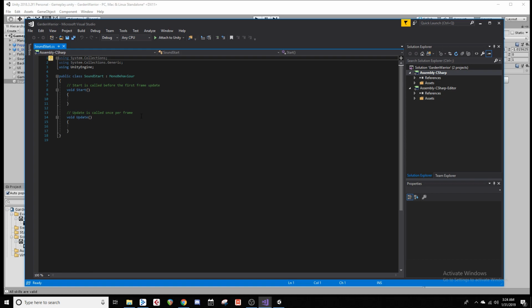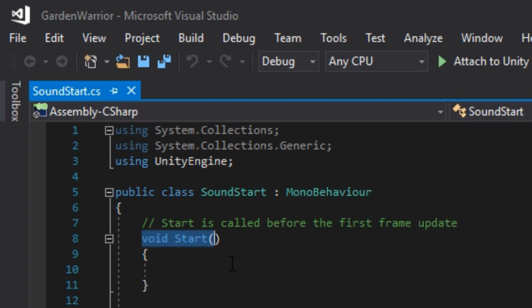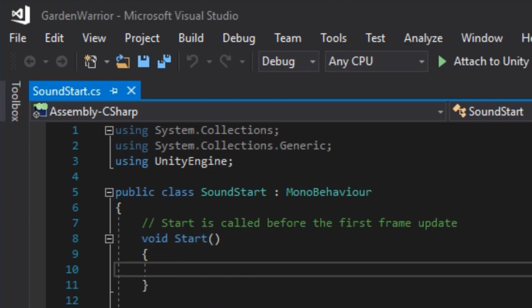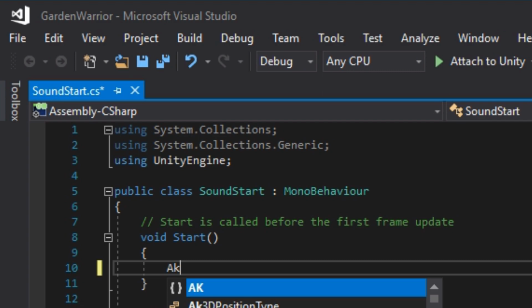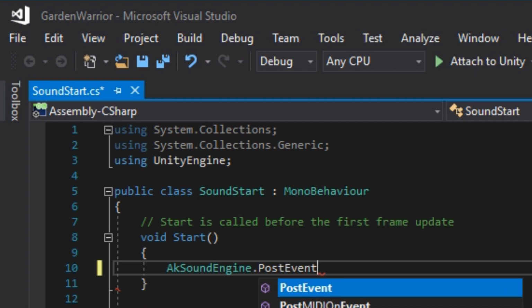If you're unfamiliar with C#, there's very little things you really have to know about it in order to actually integrate your codes into your Unity engine. In this case, we're just going to have our code running right at the start of the game. Under void Start, we're going to write this specific code. AkSoundEngine period PostEvent